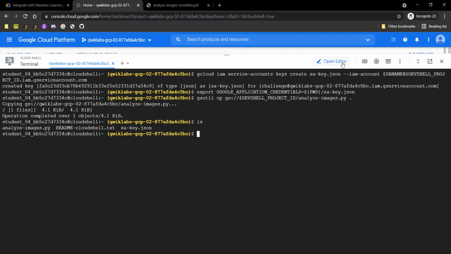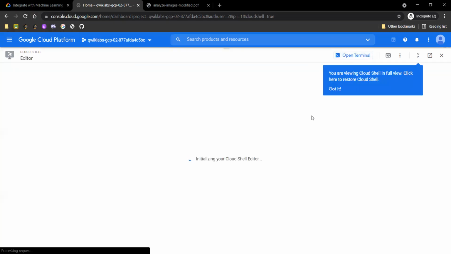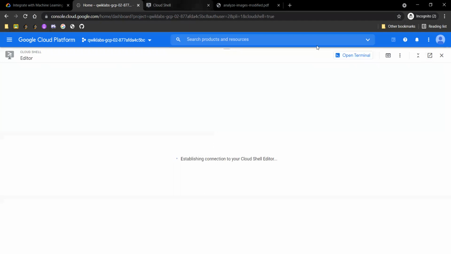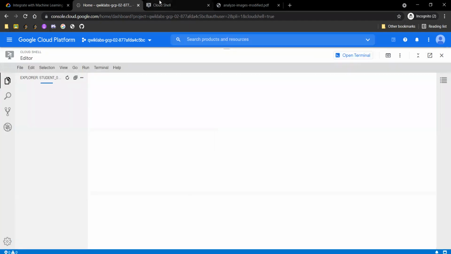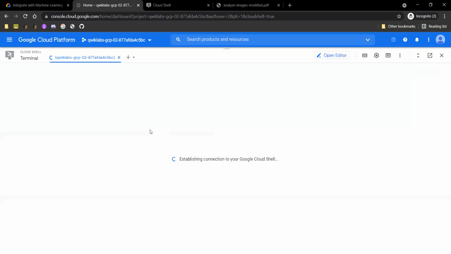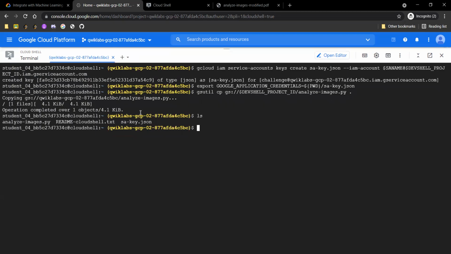So simply click on Open Editor. Click on Open in New Window. Click here, Open Terminal. Click on Reconnect. Just clear up the console.